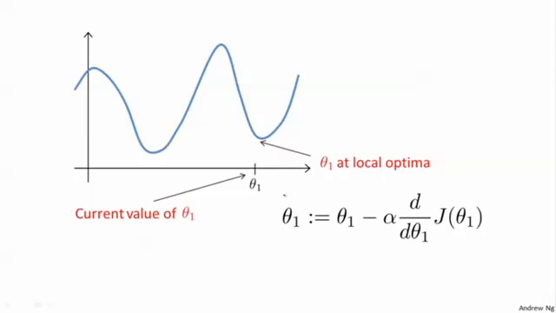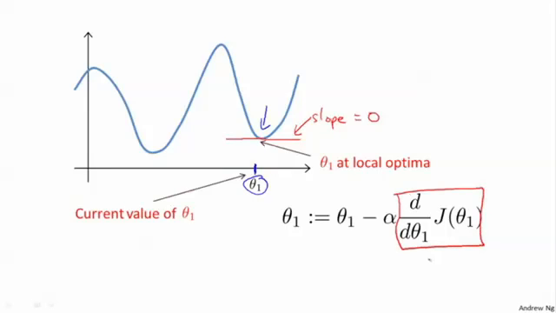So let's suppose you initialize theta1 at the local minimum. Suppose this is your initial value of theta1 over here, and it is already at a local optimum, at a local minimum. It turns out at the local optimum, your derivative will be equal to 0. So let's look at that slope. There's that tangent point. So the slope of this line will be equal to 0, and thus this derivative term is equal to 0. And so in your gradient descent update, you have theta1 gets updated as theta1 minus alpha